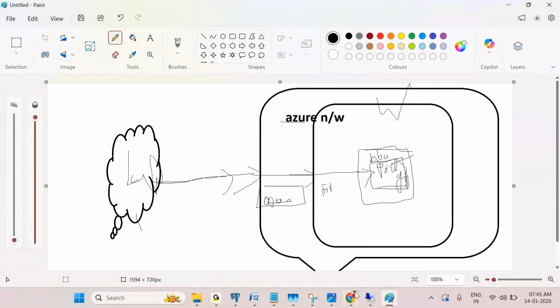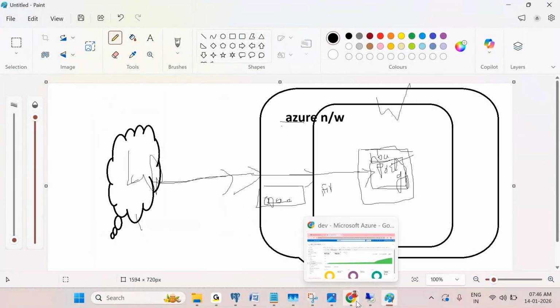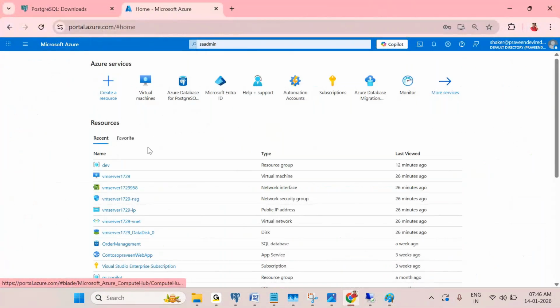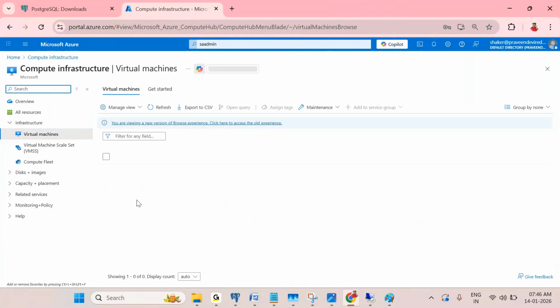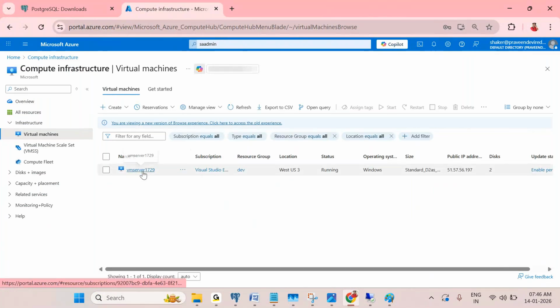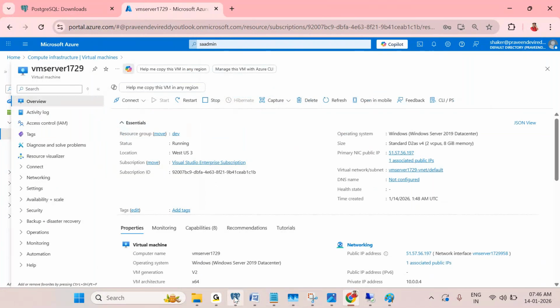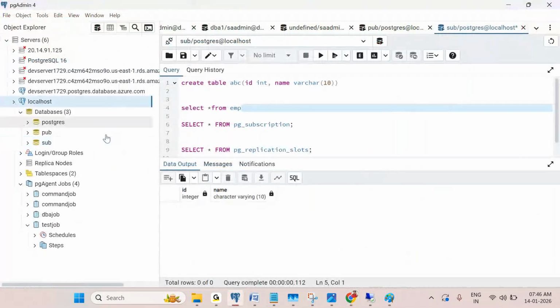Where can you see the Azure network? Outside the VM. Outside the VM is the portal. Okay, and in the portal, virtual machines. Okay, this is a virtual machine. See, I have the pgAdmin tool. It's like this, this is a pgAdmin tool. Can I connect to that